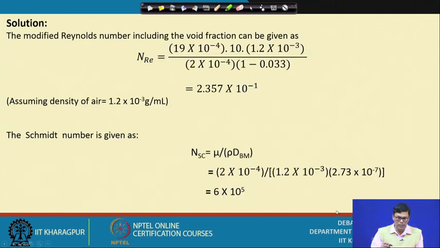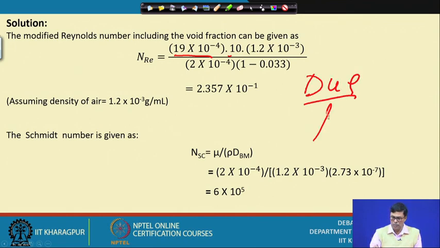Now, first we shall have to calculate the Reynolds number. How do we calculate the Reynolds number? This is the diameter of the filter and this is the velocity, so Reynolds number equals d u rho by mu. Am I right? So, u is the velocity that we can put here, and this is the rho value, that is the density, and this is the viscosity, and this is